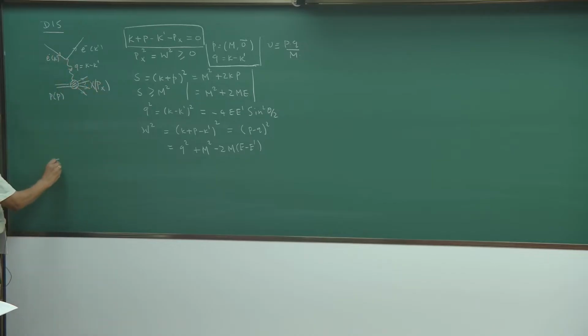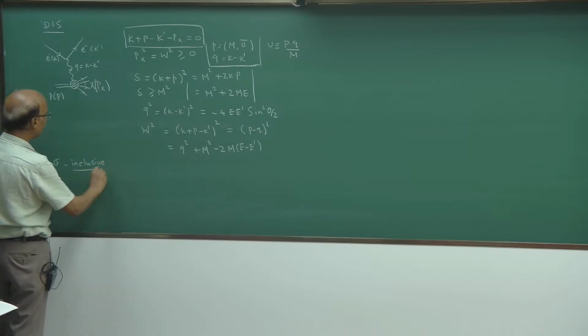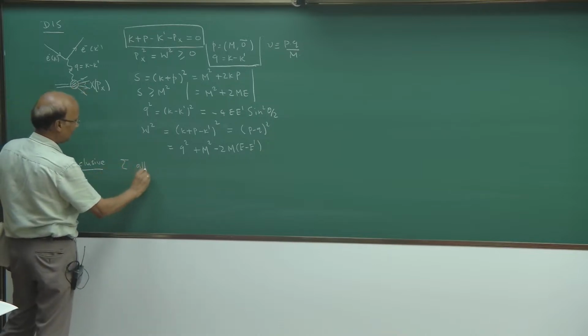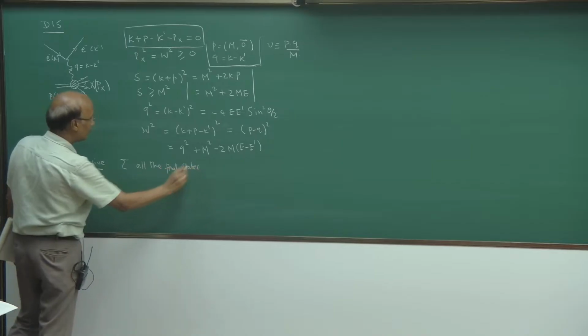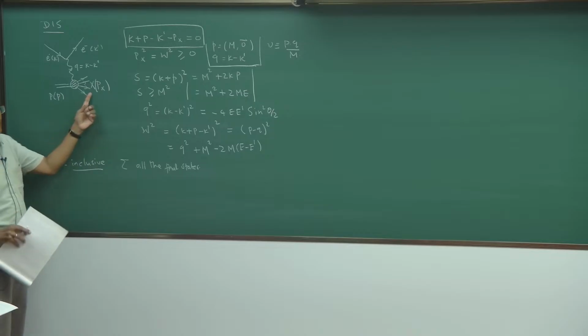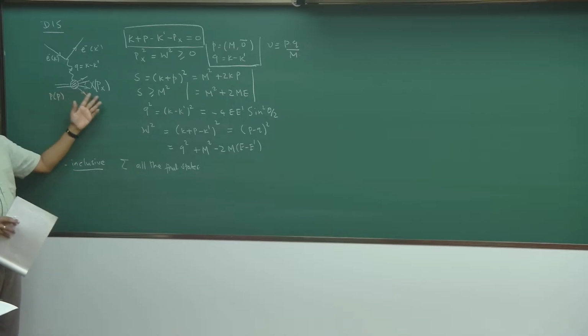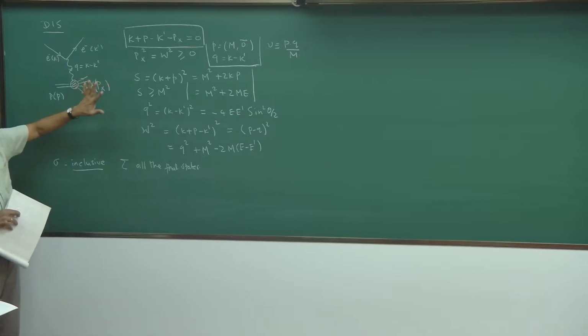So the sigma, when I say sigma inclusive, it's called inclusive. Those who are hearing it for the first time, inclusive means you sum all the final states, okay, which includes everything. It could be leptons produced in this reaction. You might wonder how a proton can produce a lepton. It can produce it because electromagnetically, it can produce photons. Photons can pair produce leptons. It's all possible. So this P_X can contain everything,